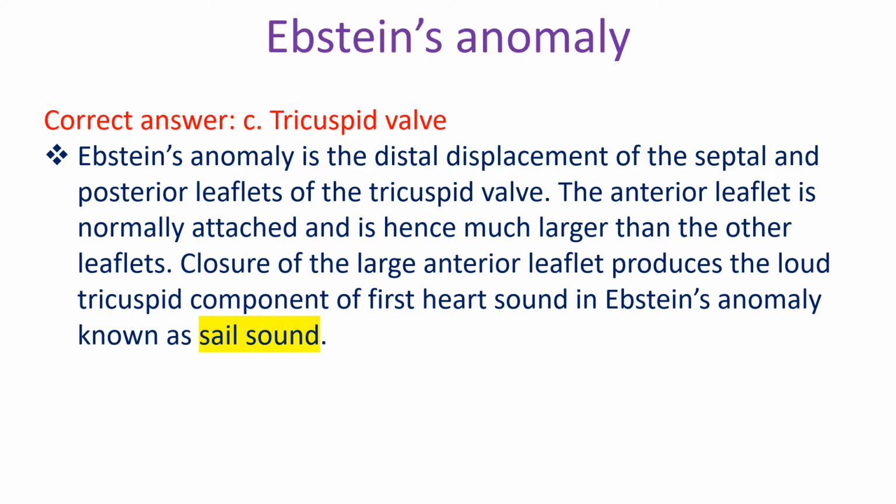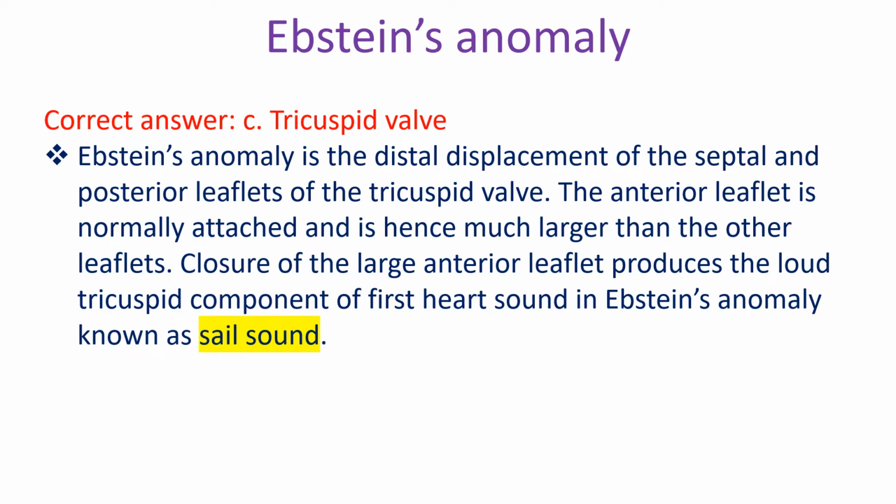Ebstein's anomaly is the distal displacement of the septal and posterior leaflets of the tricuspid valve. The anterior leaflet is normally attached and is hence much larger than the other leaflets. Closure of the large anterior leaflet produces the loud tricuspid component of the first heart sound in Ebstein's anomaly, known as